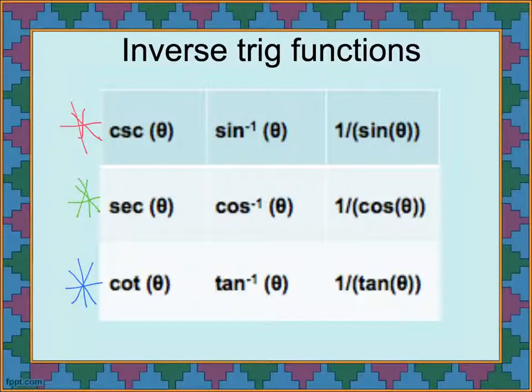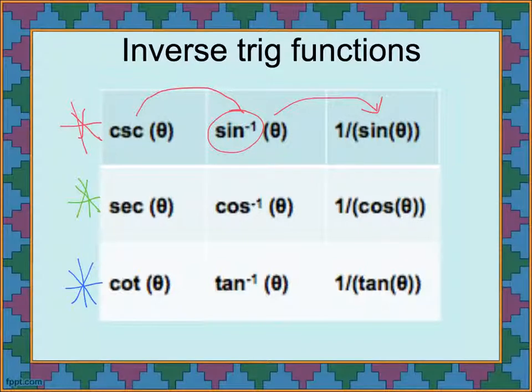Basically, the inverses is just going to be 1 divided by one of our old trig ratios. So cosecant is the same as sine to the negative 1, or 1 over sine theta. Because remember, that's what a negative exponent means, right? It means you move it to the denominator, or you move it to the opposite side of your fraction, and